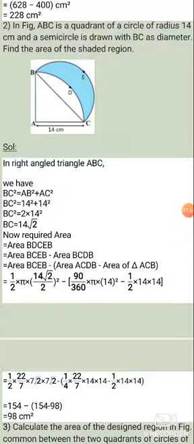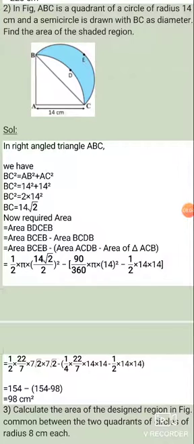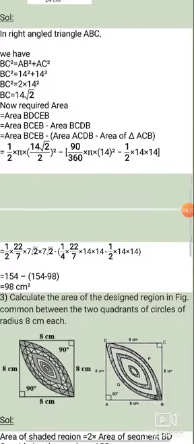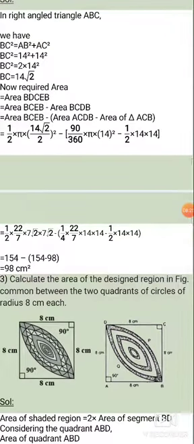2 and 22 cancel 11 times. 11 into 14 is equal to what? 154. Minus 14 by 2 is equal to what? 7. 7 into 14 is equal to 98. Now first, 154 minus 154, what? 0. Minus of minus becomes plus 98. Clear? Now the next one: calculate the area of the designed region in the figure, common between the two quadrants